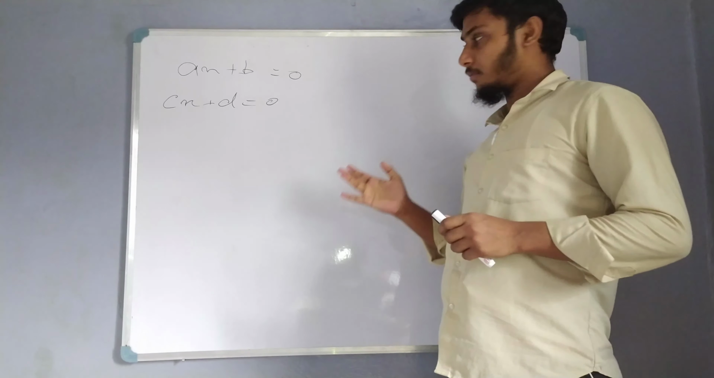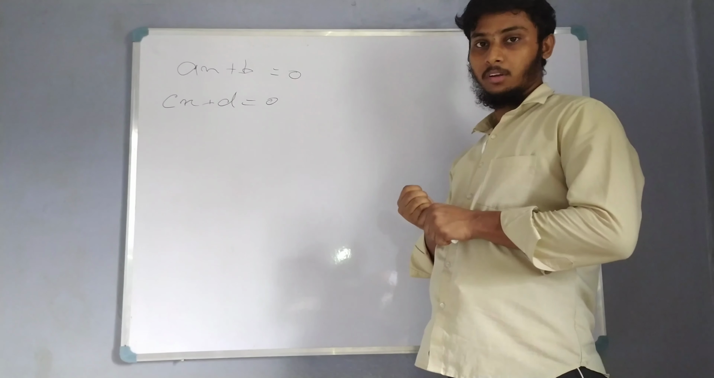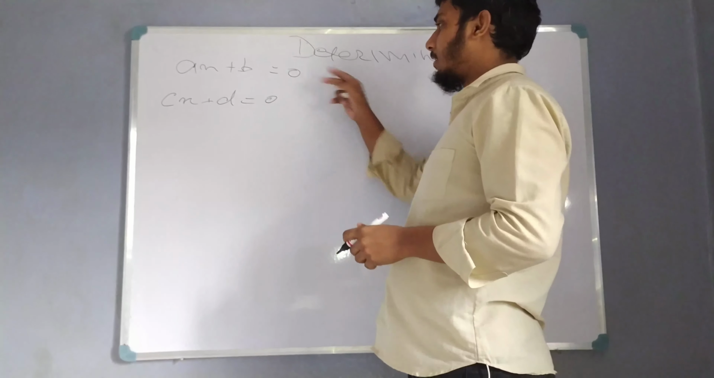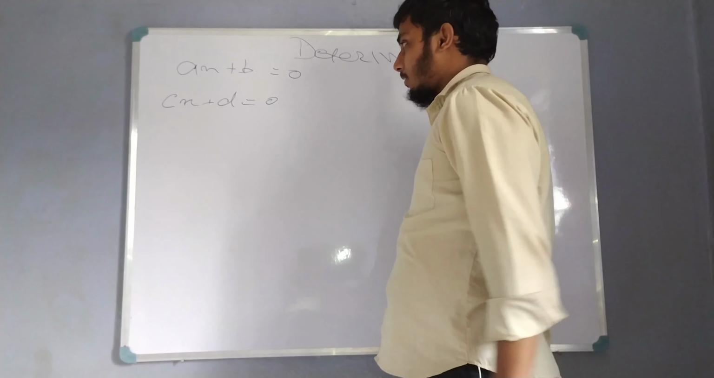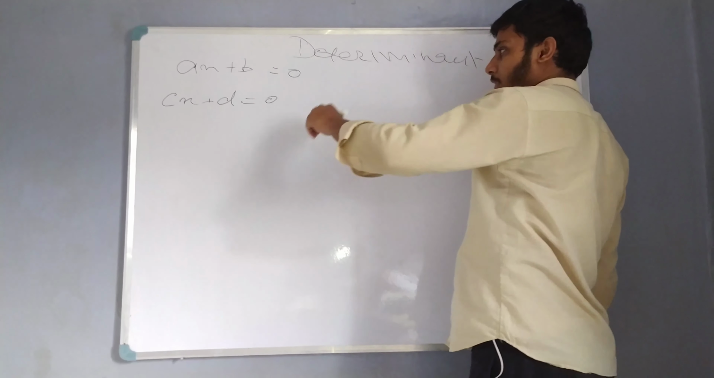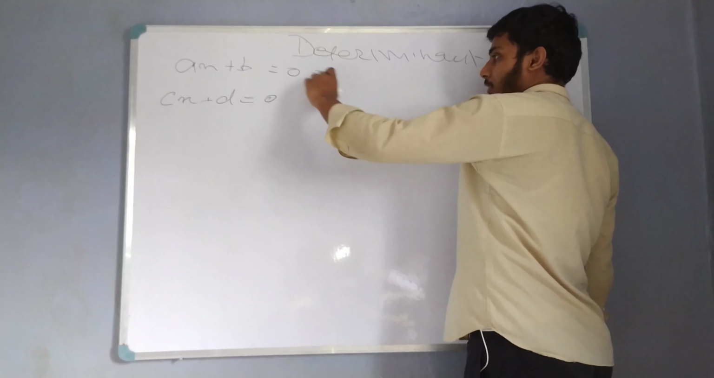So in the first class of class 12 we are going to start a new chapter called determinant. To start this chapter we first consider these two equations, ax plus b equal to 0 and cx plus d equal to 0. And suppose you have to eliminate x from these two equations, then what you will do,